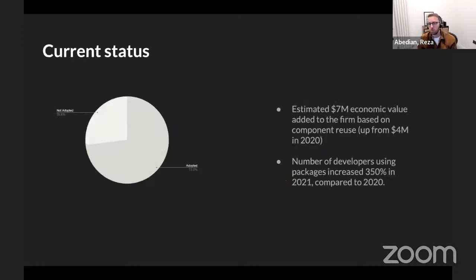So why believe me when I talk about any of this? Why should you listen to me? Our current status is that we have around 73% adoption. I pulled these stats just before this meeting by using a tool we have that allows us to scan through all the code bases in the firm. It's worth mentioning that 26%, some of those might be end-of-life applications that still exist as code bases, but aren't things that are going to be maintained and have developers working on them.